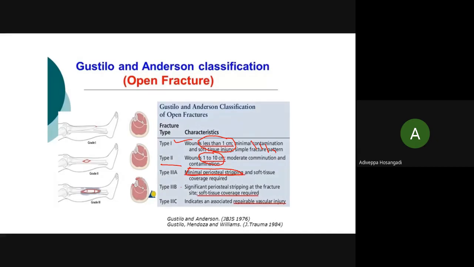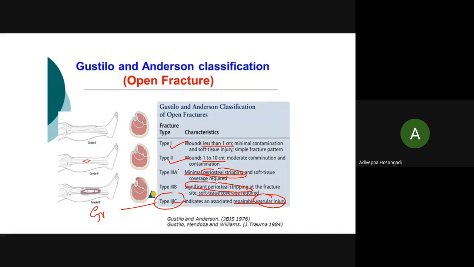Soft tissue coverage required, 3B, significant periosteal stripping is there. So no confusion, please understand. Type 1 is less than 1, type 2 is 1 to 10 centimeter, type 3A periosteal stripping is minimal, type 3B significant periosteal stripping, and type 3C there is a vascular injury. Remember, so 3C